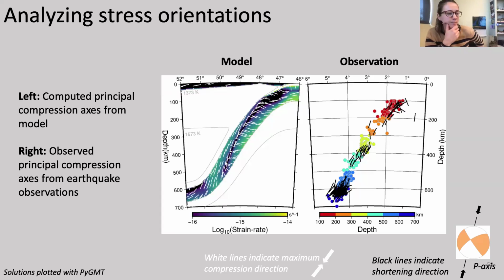I haven't tested it to see. It will affect what sort of values you're getting out, because it'll affect how strong the elastic component is compared to the viscoplastic parts. But I don't have an answer in terms of how important it is and what sort of magnitude changes you would see. I don't think it would change the overall results of where we're seeing the higher strain rates versus the lower strain rates with the bending and unbending, because this is something observed also in purely viscous models. But I think it would be important for the magnitude of the values we're getting out.